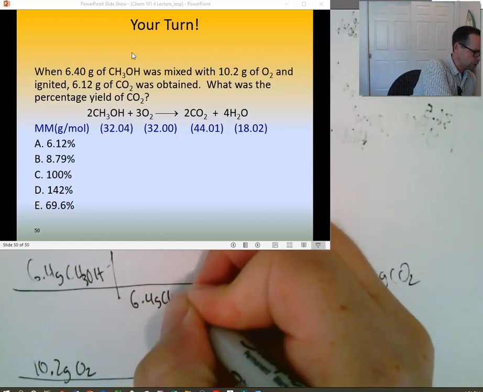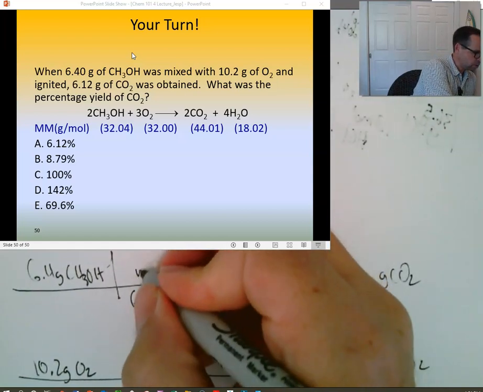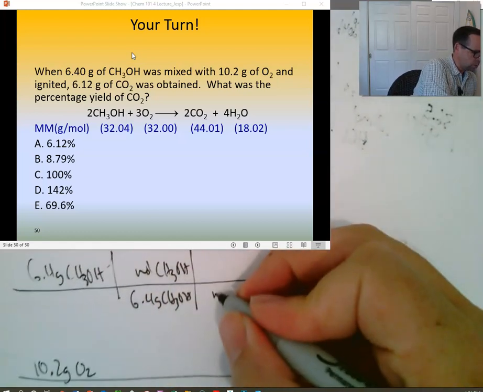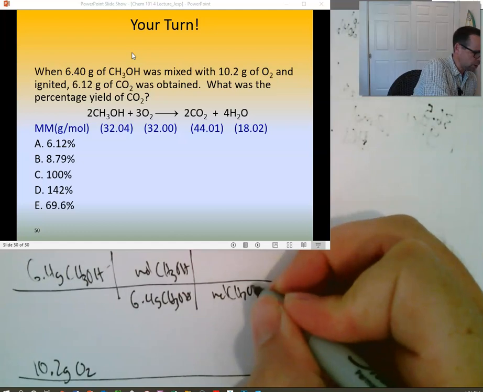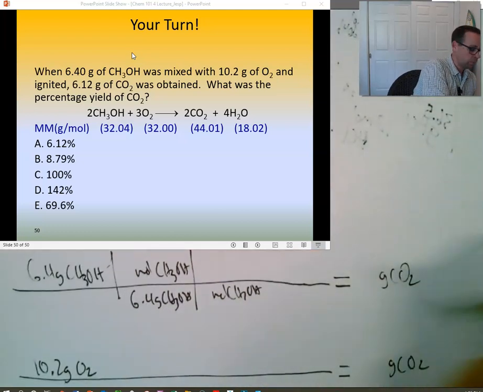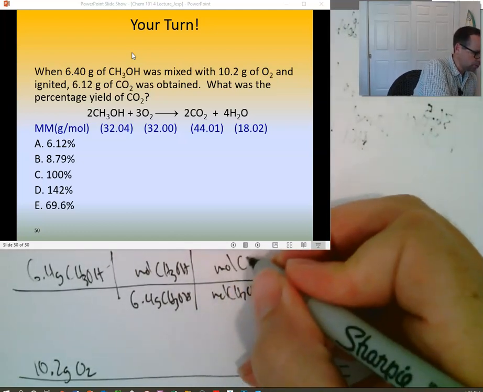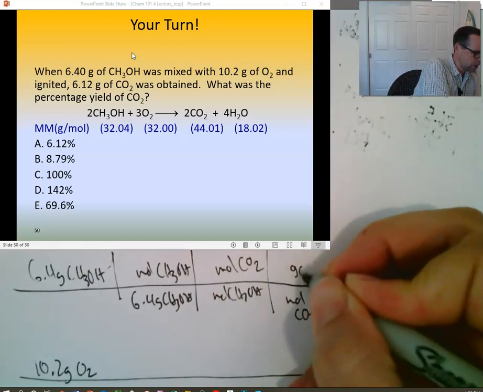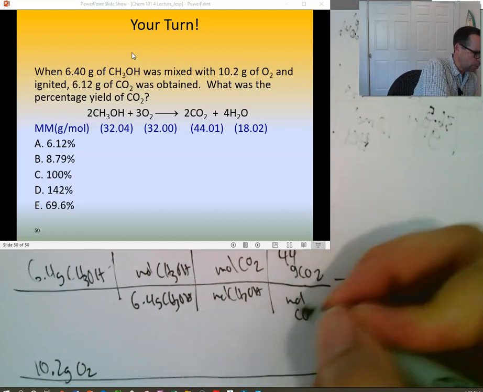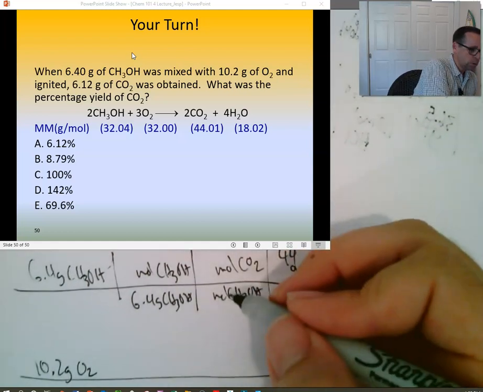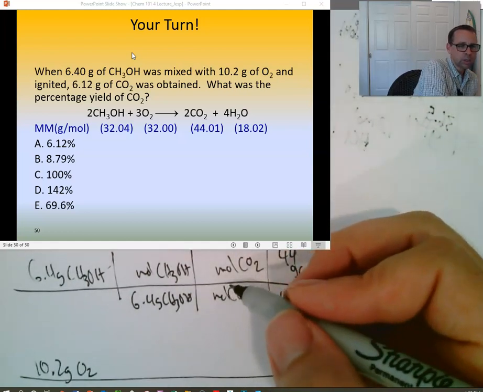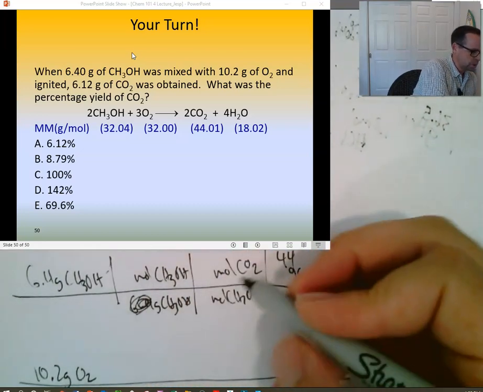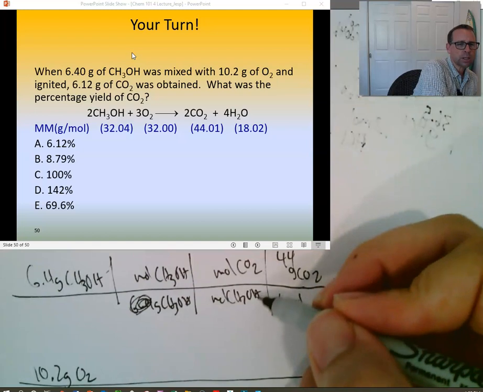6.4 grams of CH3OH goes to moles of CH3OH. Then moles of CH3OH goes to moles of carbon dioxide. And then moles of carbon dioxide goes to grams of carbon dioxide. I remember this, 44 grams per mole. The molar ratio here, carbon dioxide to methanol,